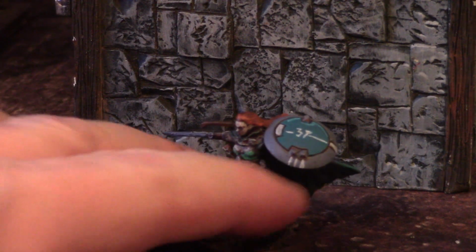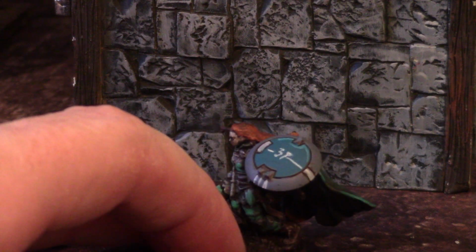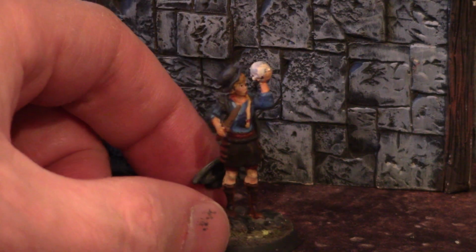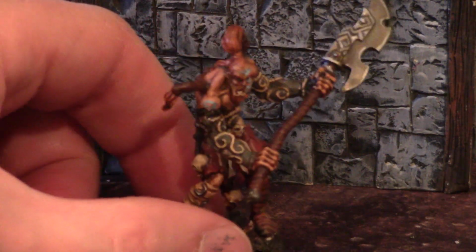Oh, yeah. This was one of my son's characters. It has like a technological shield. And for some reason. Oh, here is a villager. And this person belongs in with the villagers. Alright, and then we've got...